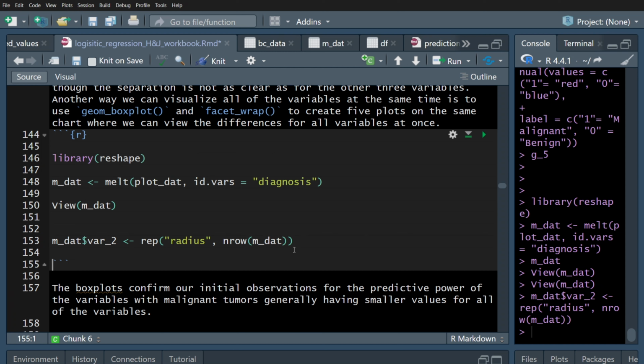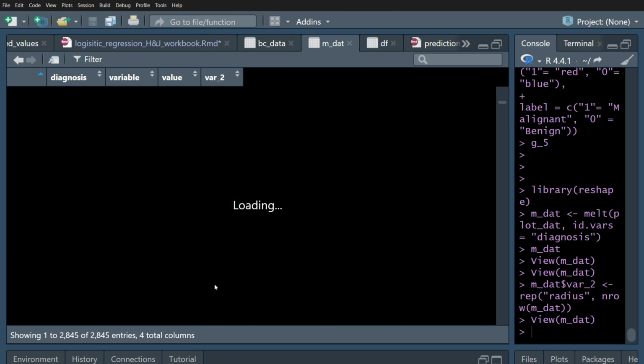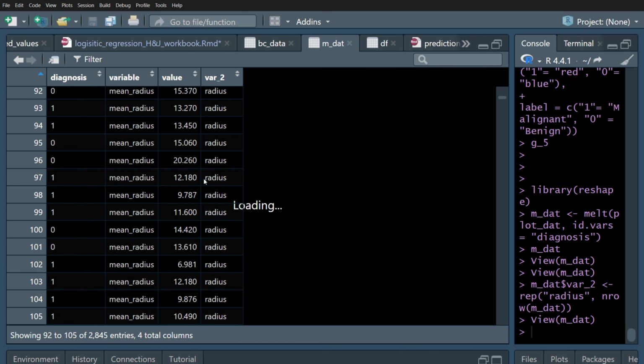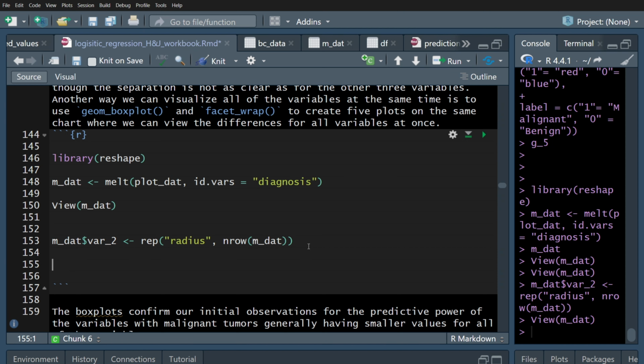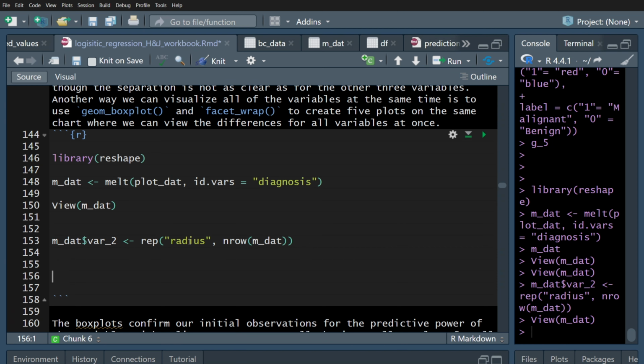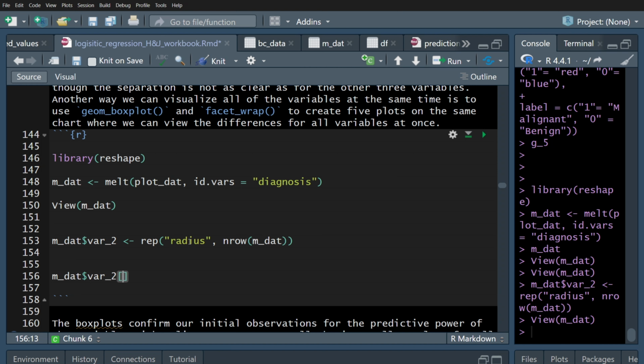Right, so what happens is now you can see we have radius throughout. So we just created a new variable with this name. Then the next thing we are going to do is to replace the radius with the actual name for each variable. So I'm going to say mdata, then var2. So this is my variable. In var2, I want wherever there is